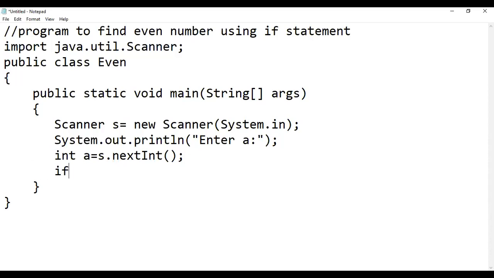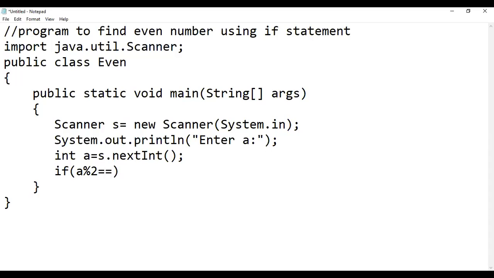Now the if condition will be written. As we know, any even number divided by 2 leaves a remainder of 0, and an odd number leaves a remainder of 1. If the remainder is 0, it means the number is even. If the remainder is 1, it means the number is odd. So here we are writing a modulus 2 because it returns the remainder.